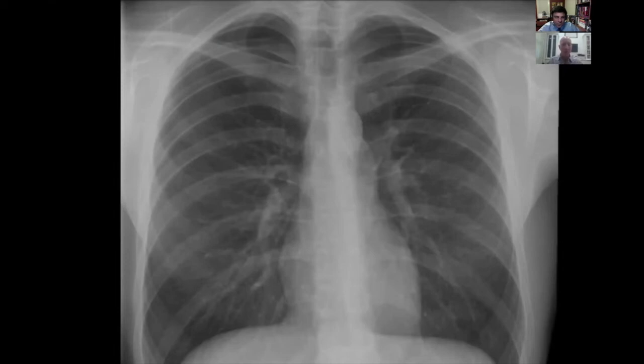So if you just started to look at this image without any history, you'd be going through your checklist and looking at the borders and looking for asymmetry and things of that sort. And it's overall a very clean looking X-ray. So on a busy day, as you said before, when you're moving through a lot of cases, some things like this, the pathology here can get missed. So the history is really, really key. And in this case,